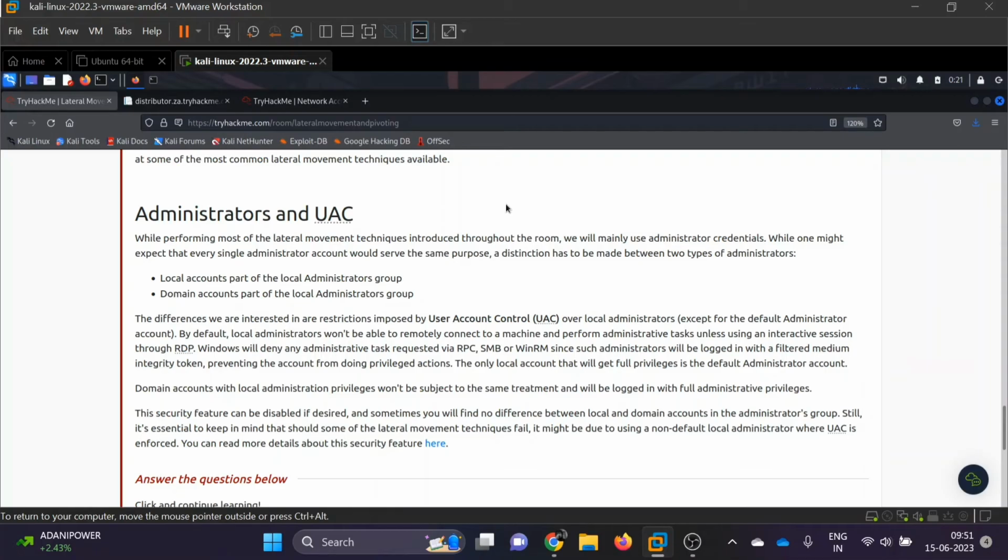While one might expect that every single administrator account would serve the same purpose, a distinction has to be made between two types of administrators. First, local accounts that are part of the local administrator group, and the domain accounts which are part of the local administrator group. So the main difference we are interested in are restrictions imposed by User Access Control or